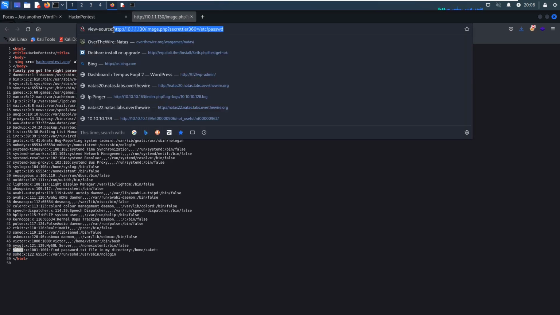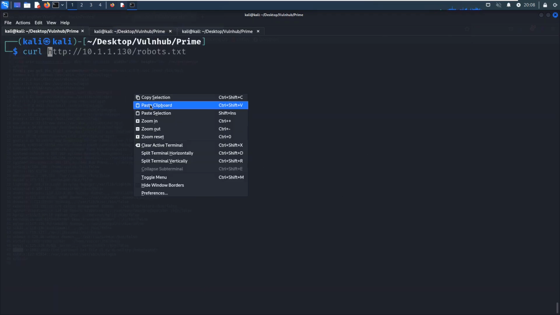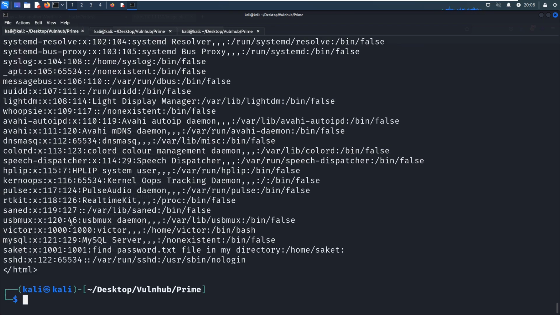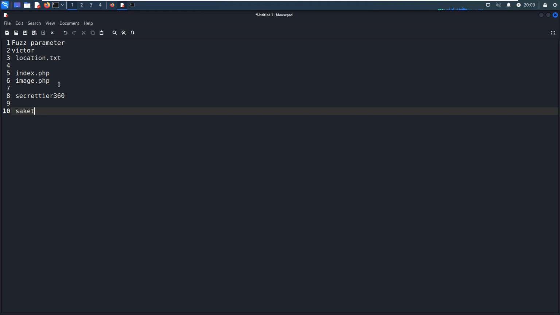We can use the terminal. This would be better. Okay, and this would be clear. Okay, and we found Victor. This would be another username.